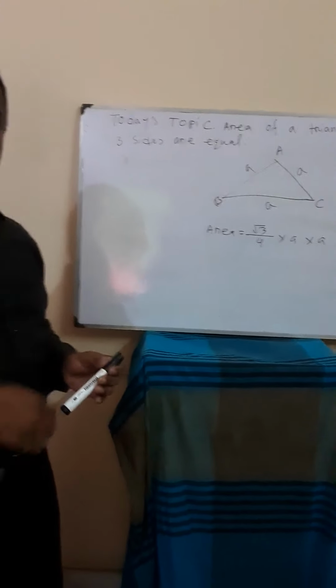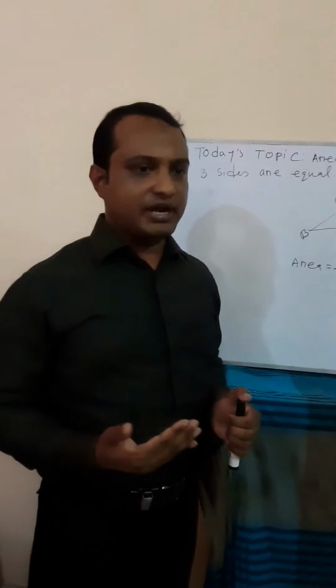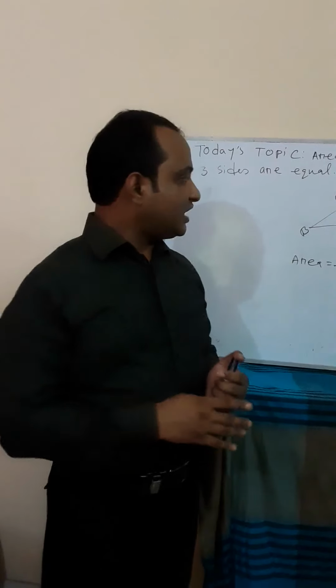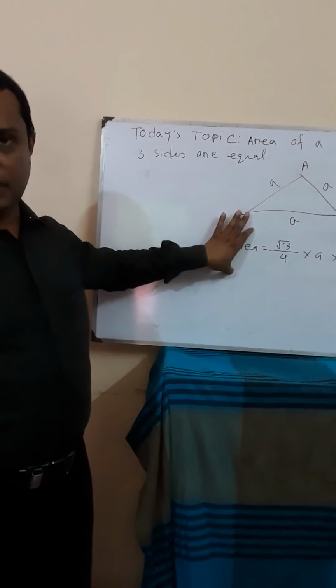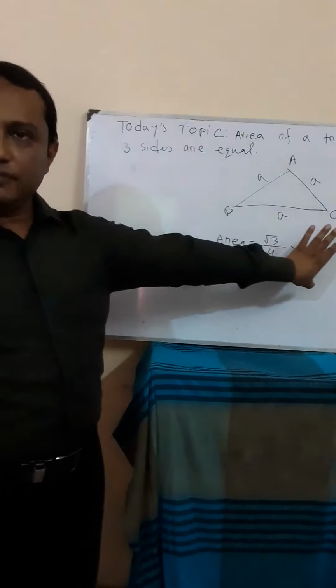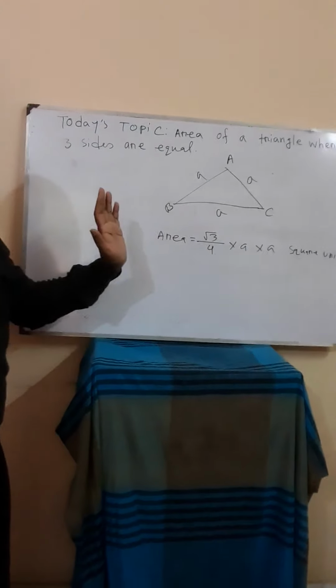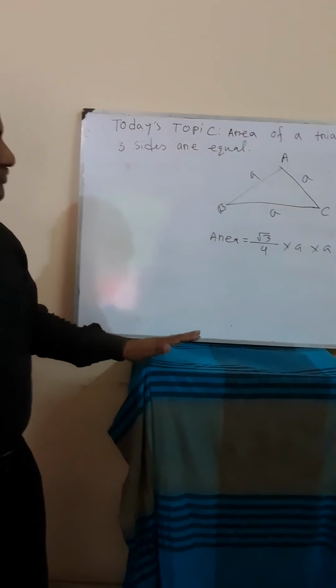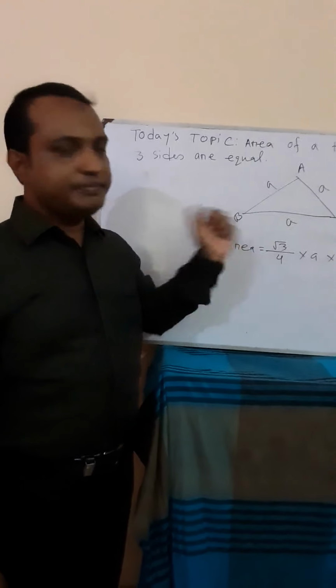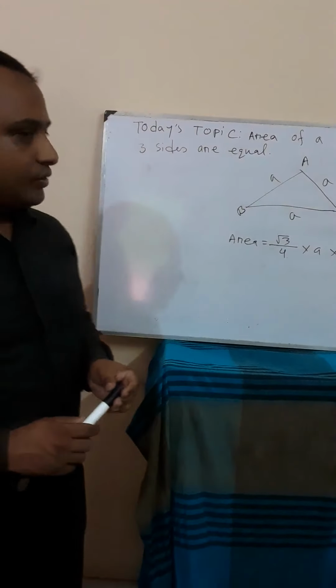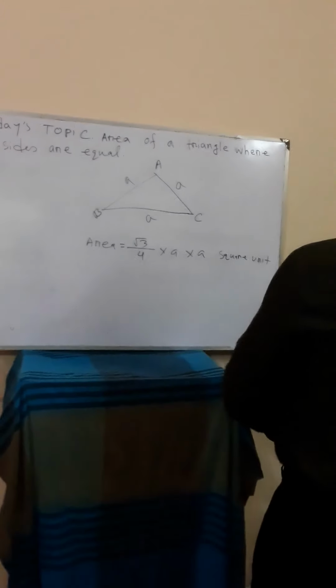This is the formula. If you want to do any flowchart, algorithm, program or pseudocode, at first you have to know the mathematical formula. If you don't know the mathematical formula, you cannot do any flowchart or any algorithm. So at first you have to know the main formula. Now we will go for flowchart and algorithm.